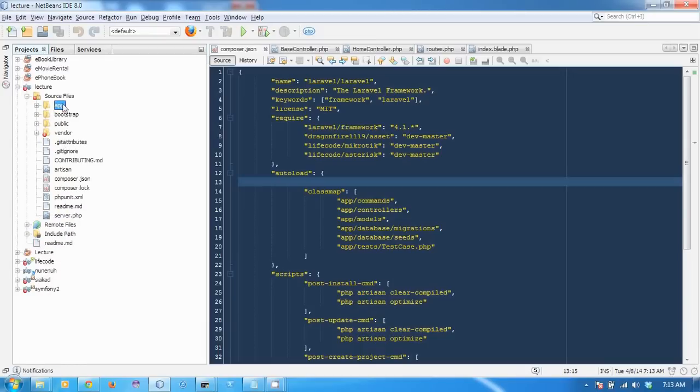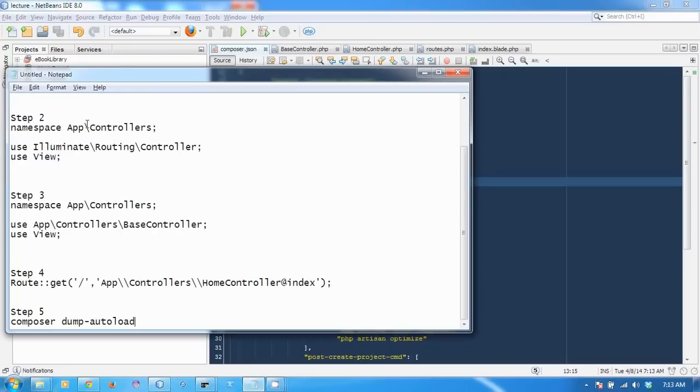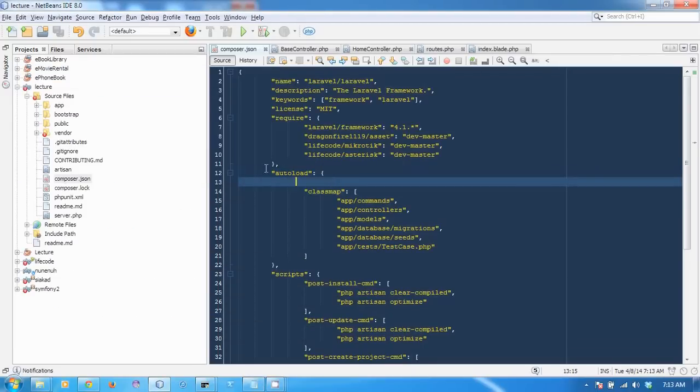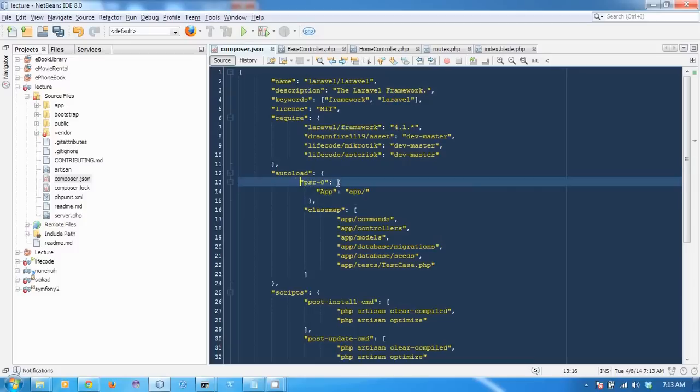Okay, the first step to make Laravel use a namespace in the controller: you need to change the file composer.json and write the PSR specification. Okay, this is step 1. So open your file composer.json and then go to autoload, and below that we write PSR-0 with the open bracket and then app